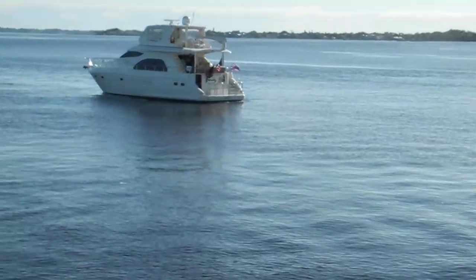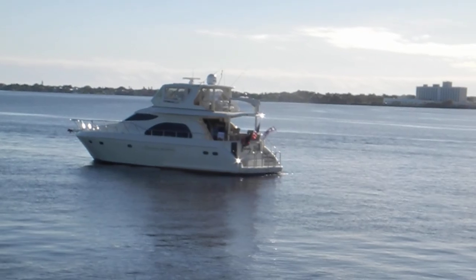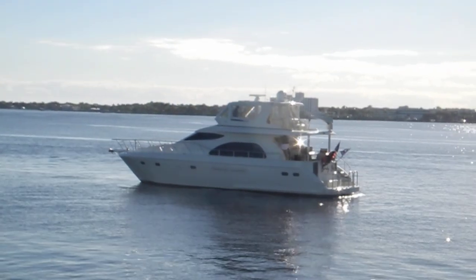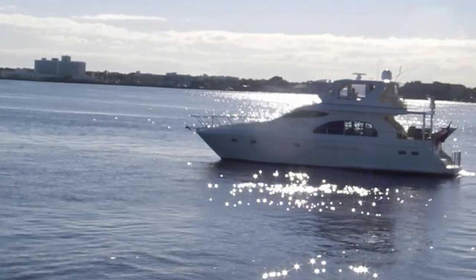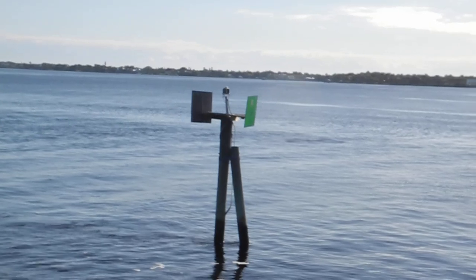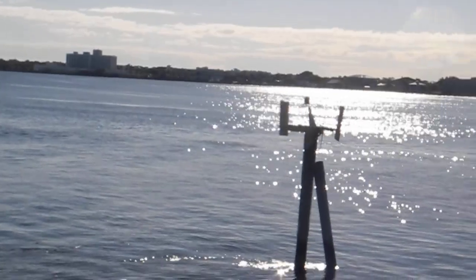So we're going as slow as possible because that guy is hard aground and probably waiting on Sea-Tow or Towboat US to come get him. There's no anchor deployed. See, there's no anchor because his propellers are stuck in the sand. This is 23 Alpha, so anybody coming through the St. Lucie River, Roosevelt Bridge,